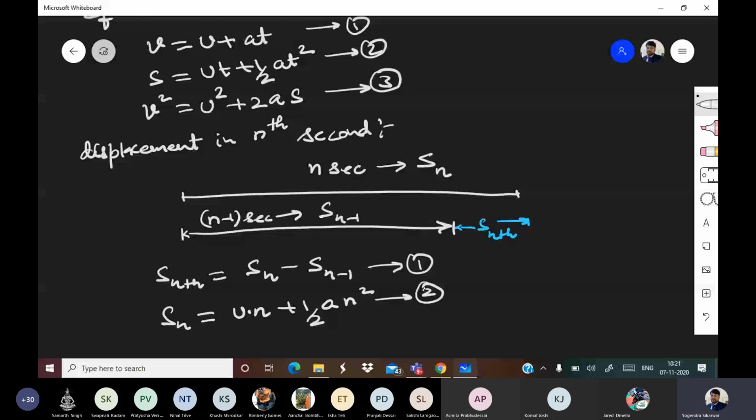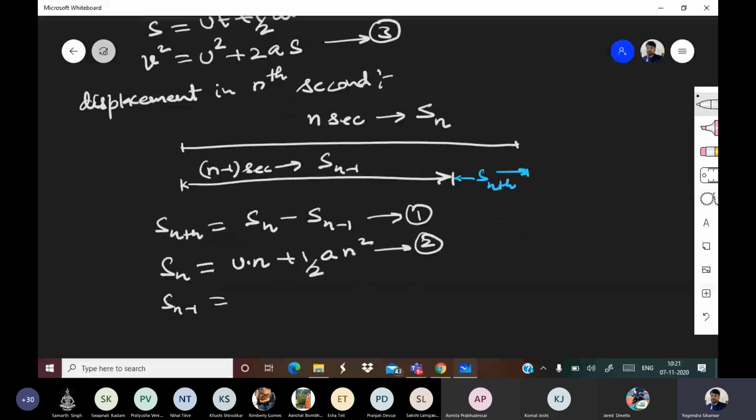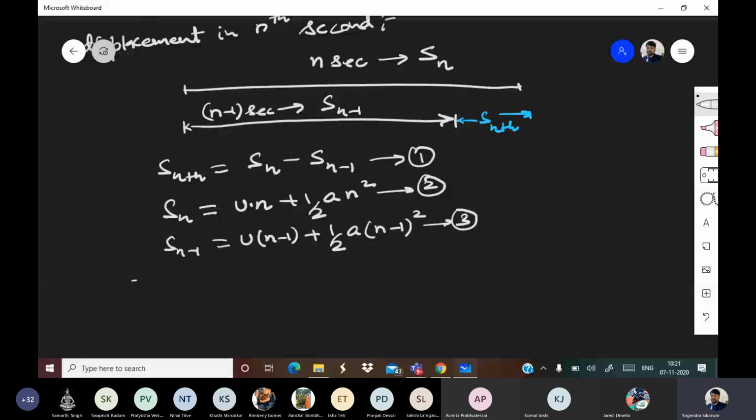And Sn minus 1, the displacement in n minus 1 seconds, will be u into n minus 1 plus half into a into n minus 1 whole square. So from 1, 2 and 3,